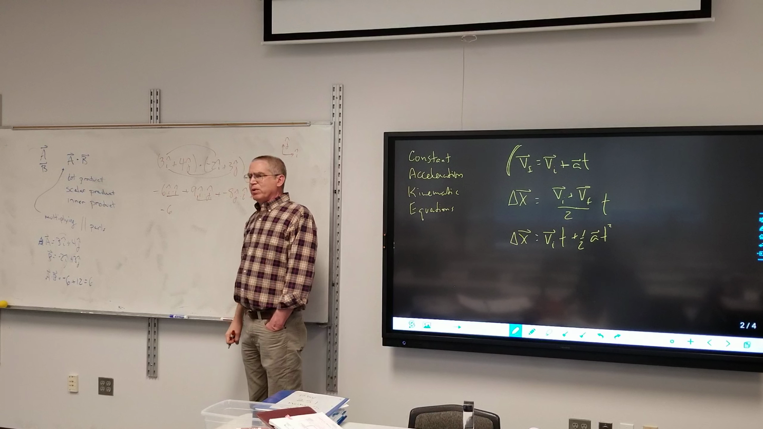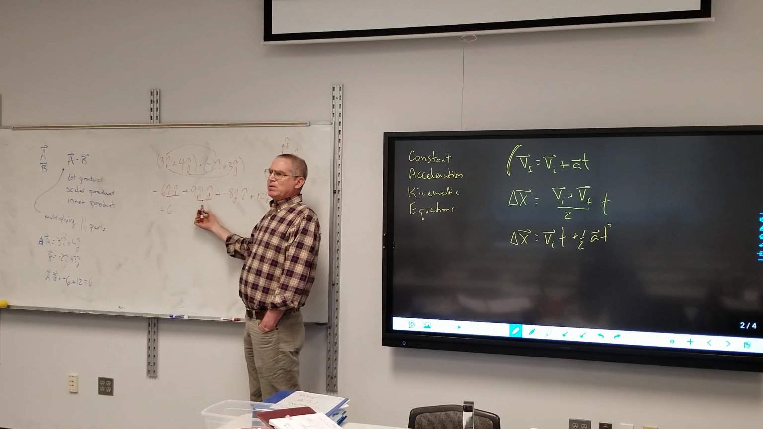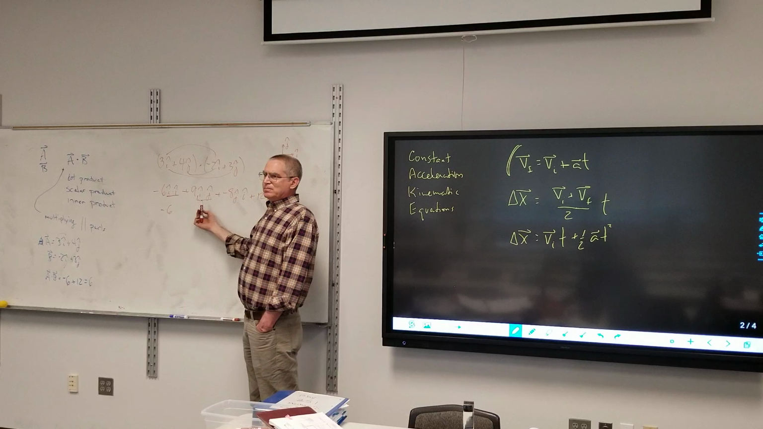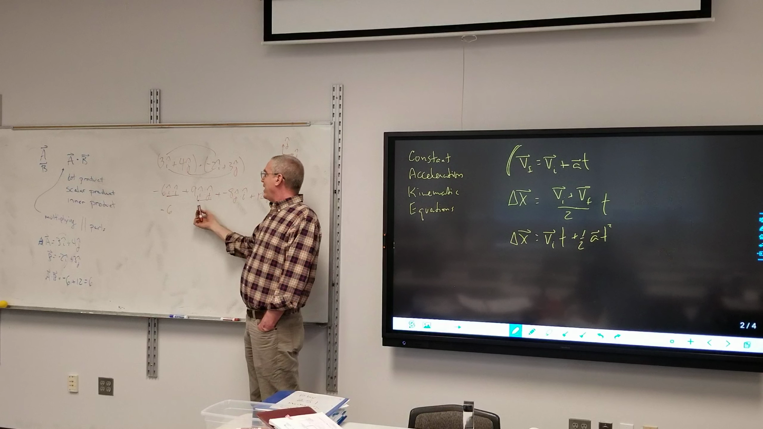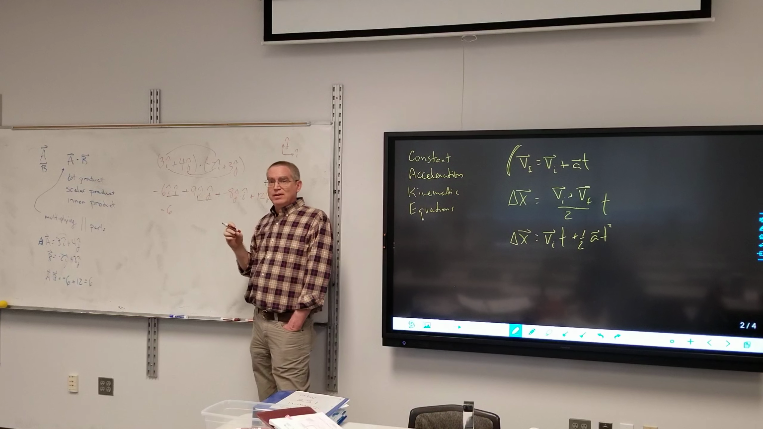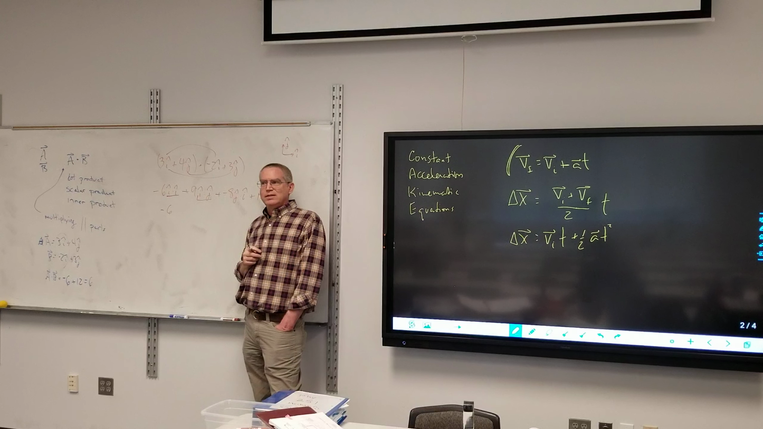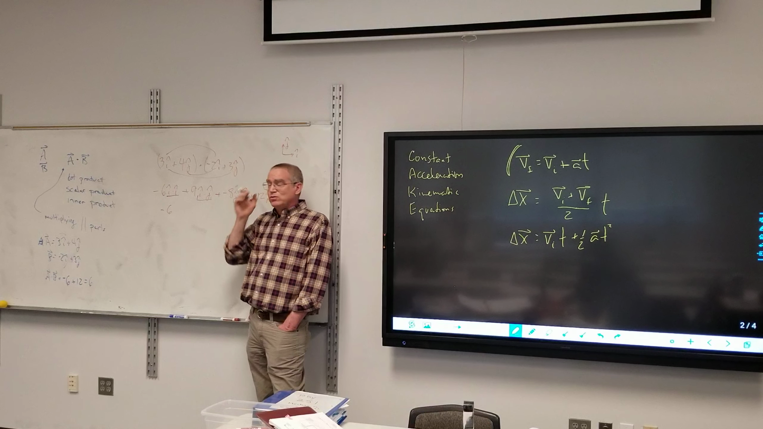i hat and j hat are perpendicular, so if I'm multiplying parallel parts, what would i dot j be? How much of i is parallel to j? Still 1? Nope, not 1. How much of i is parallel to j? None of it. None of it. So i dot j would